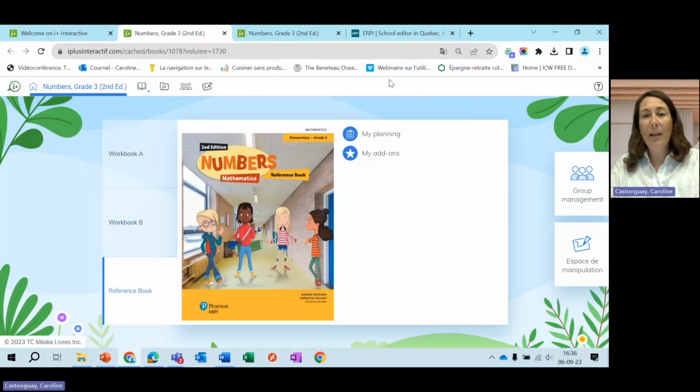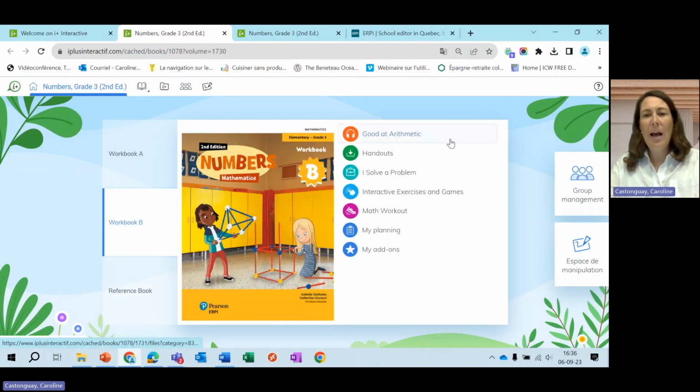If I go back to workbook B, for example, I could access extra documents or extra resources that accompany the actual workbook itself. So that might be different from Digits to Numbers to Decimals. However, you're all